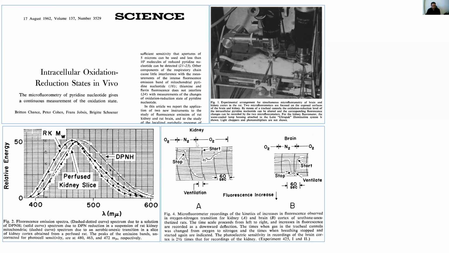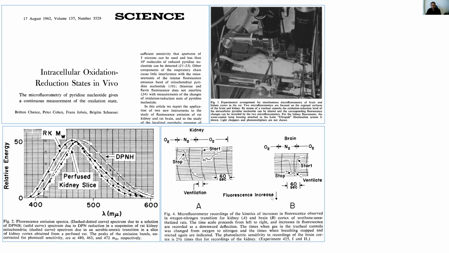The other important thing in the paper is if you change the breathing system, changing from oxygen to nitrogen, going down here is actually increasing the fluorescence intensity. Based on the different gases that you are giving the mice, you see this change in fluorescence intensity. So there is also a change in the intensity and spectra